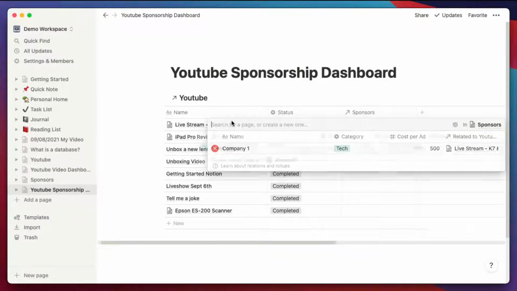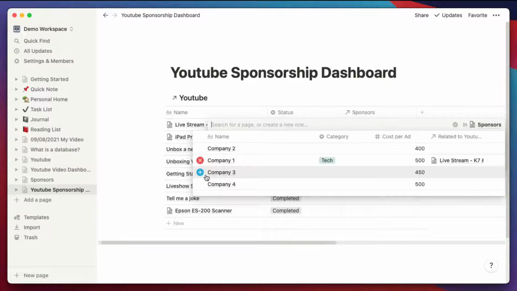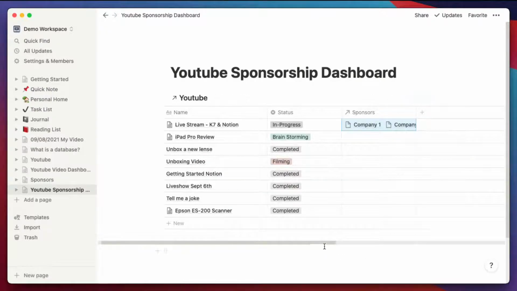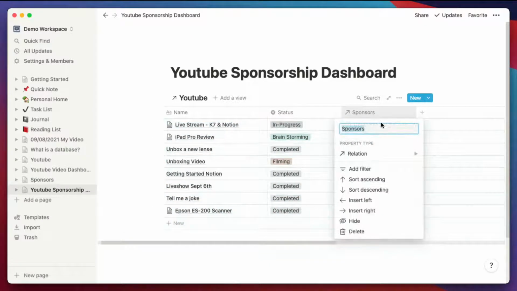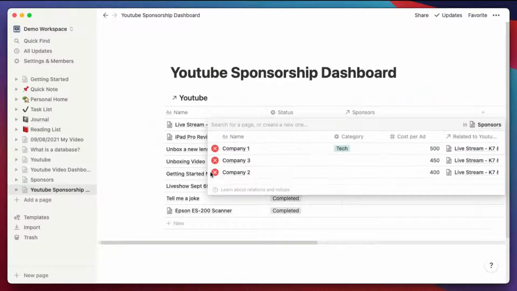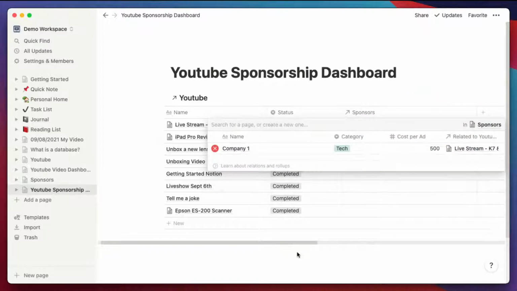But once I click through there, I can add more. So you can have more relations. So you can see that this sponsorship has 3 different actual sponsors in there, right? And I can just take them out like that.